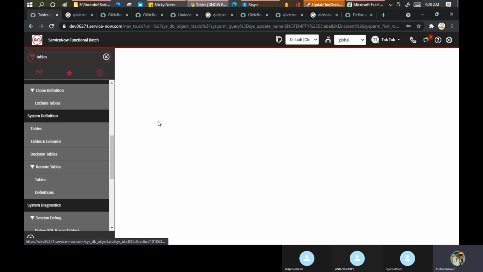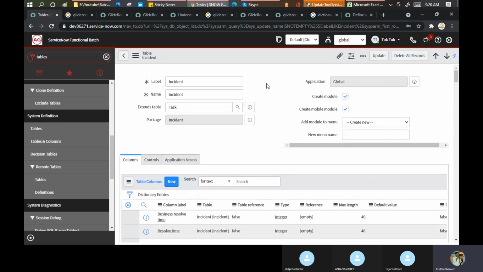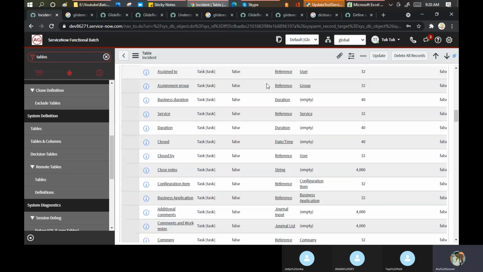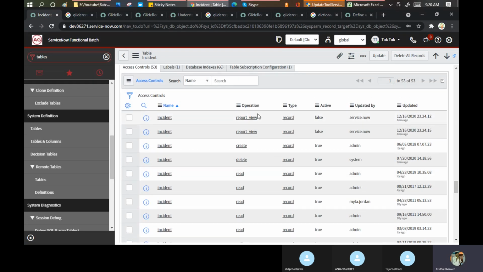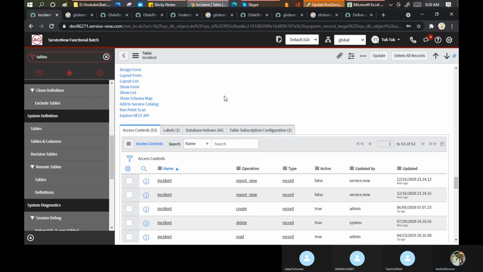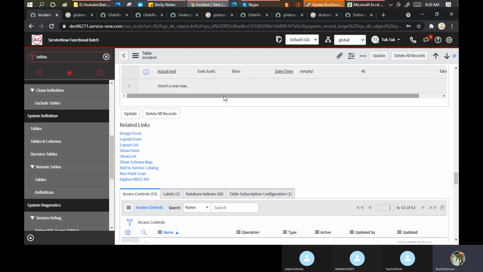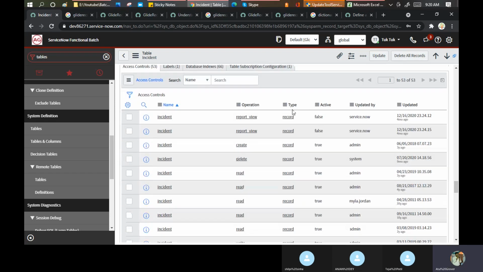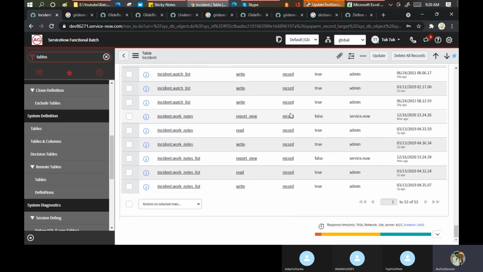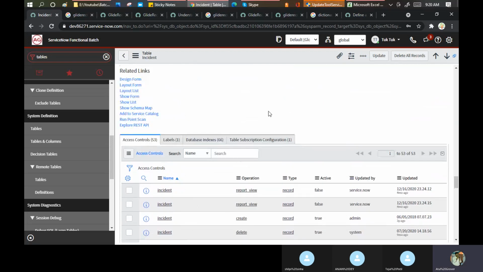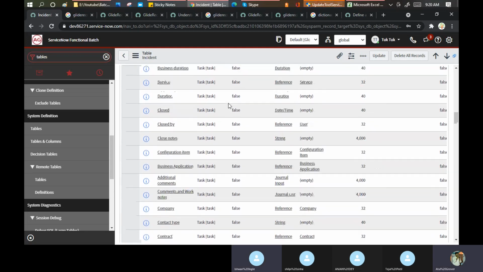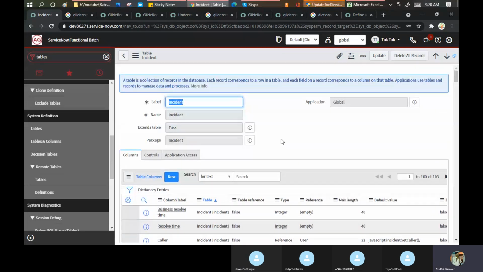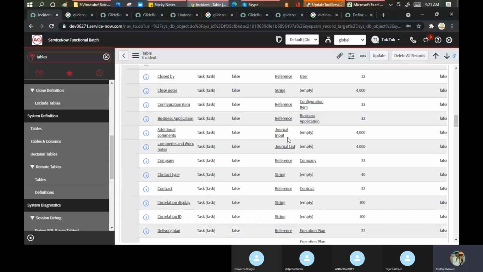Now I want to make a field a dictionary override. What I'll do, scroll down and go here. I might not be able to get the dictionary override here. Let it load completely first. Dictionary.